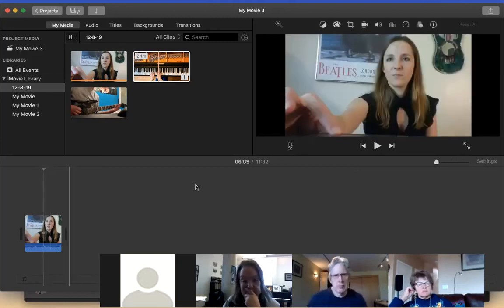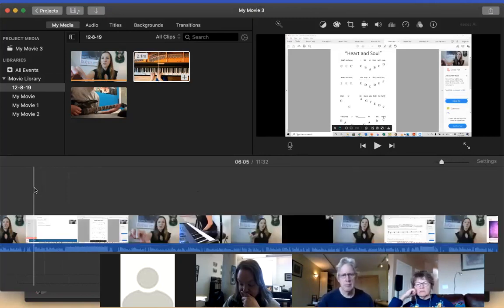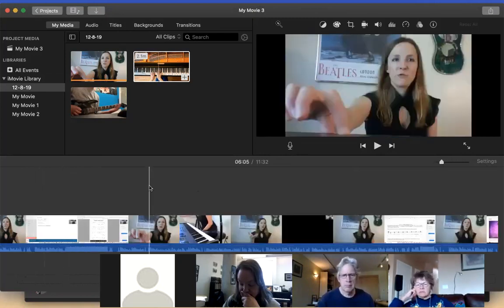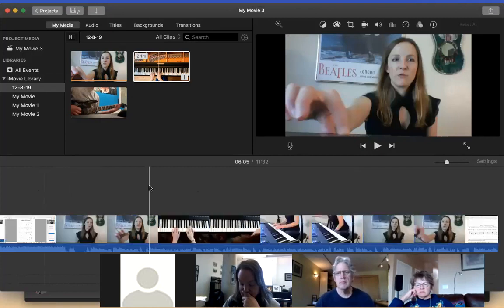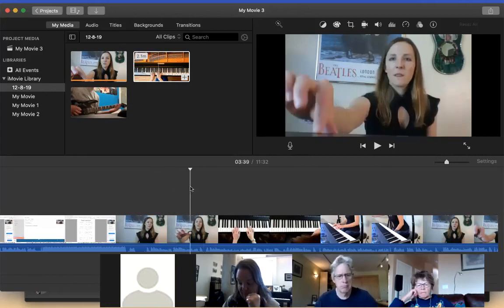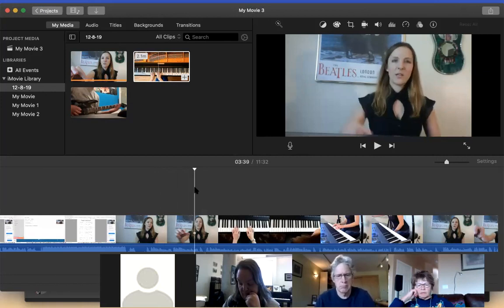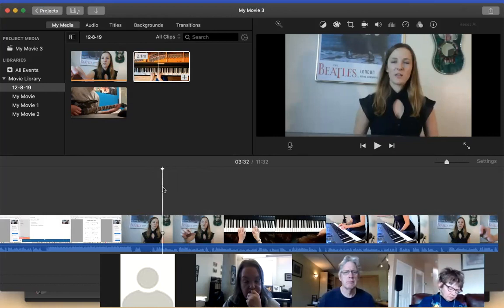So now into the kind of nitty gritty of the timeline. So again, you can zoom in any way you want. Also with a trackpad, you can pinch and spread your fingers out, like if you were on an iPhone trying to zoom something, you can do that as well. But the primary functions that you're going to be using in here, I'm just going to go over them, will be trimming and then separating audio, most likely.